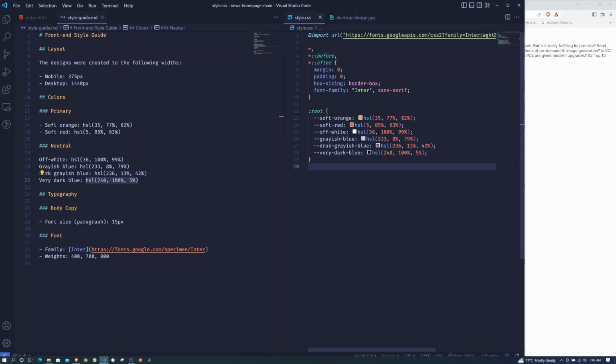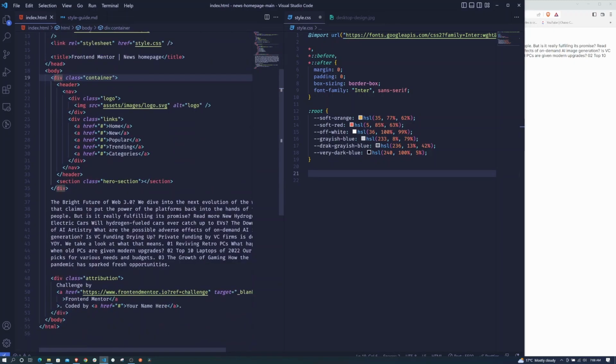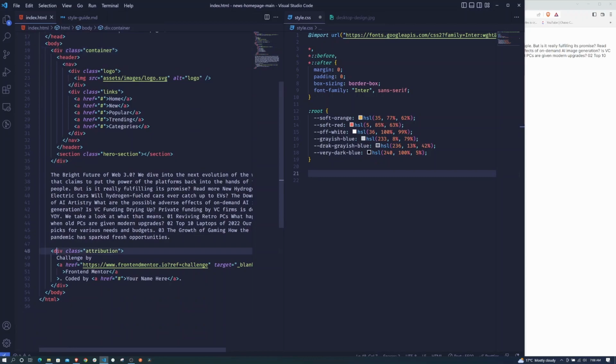so we have set our CSS variables like this. We have these default settings and we have the font right here. Okay, good progress. Now the next thing is to style our container. Remember, we decided to create a container that is wrapping all our content. Actually down here I'll remove this div,